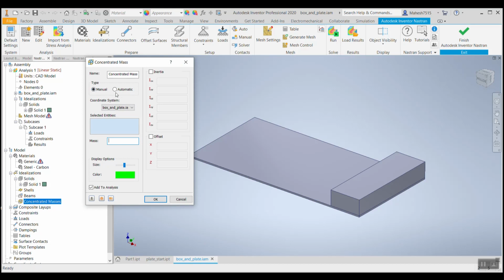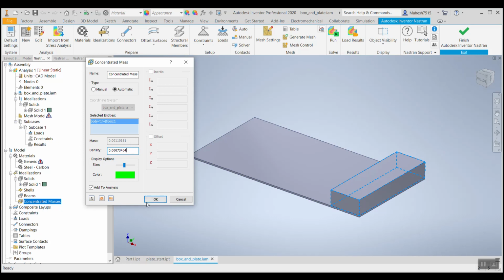We'll go with automatic as of now, and I'll select the entity as this box. So this is the concentrated mass which we have kept on this particular plate. So I'll select this box, and for density I'll paste the numbers which we have copied already.